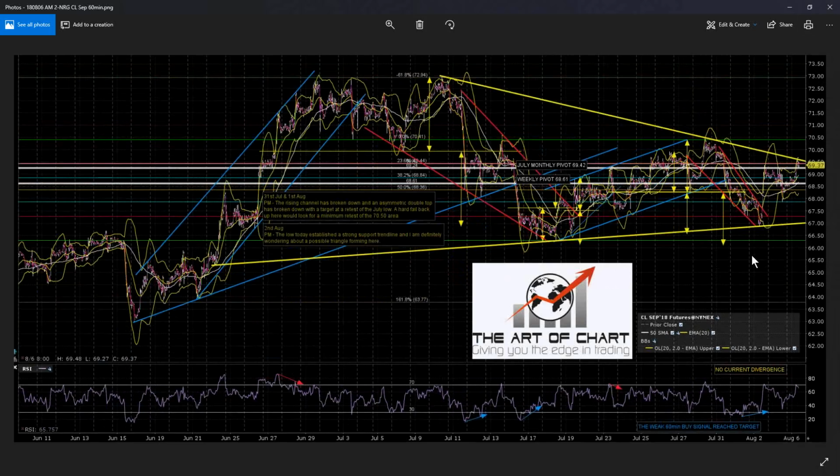On the bigger picture, I've been giving the oil chart a lot of thought over the weekend. The direction from here is important. This may not be an Elliott wave triangle, but it's still a triangle, and what it really is is a contracting range. As and when we break out of this, ideally we'd see a retest of this high. Could we run on further from that? Yes, we could. We do have an attractive target above, and that is the monthly pivot, which is...